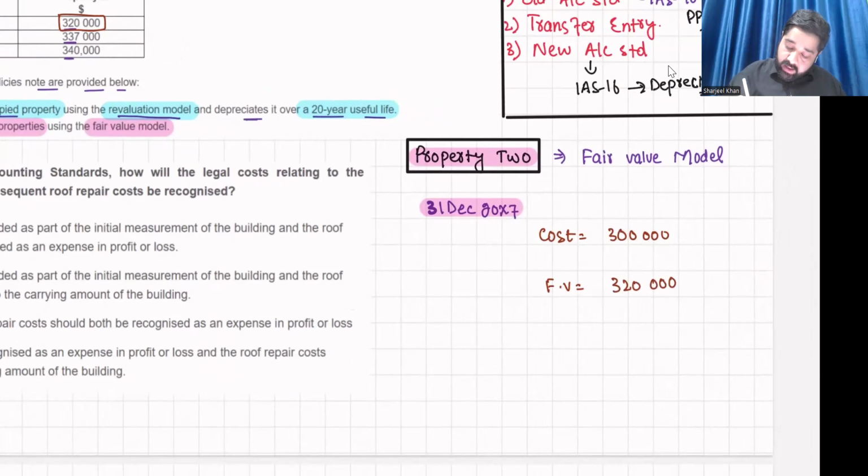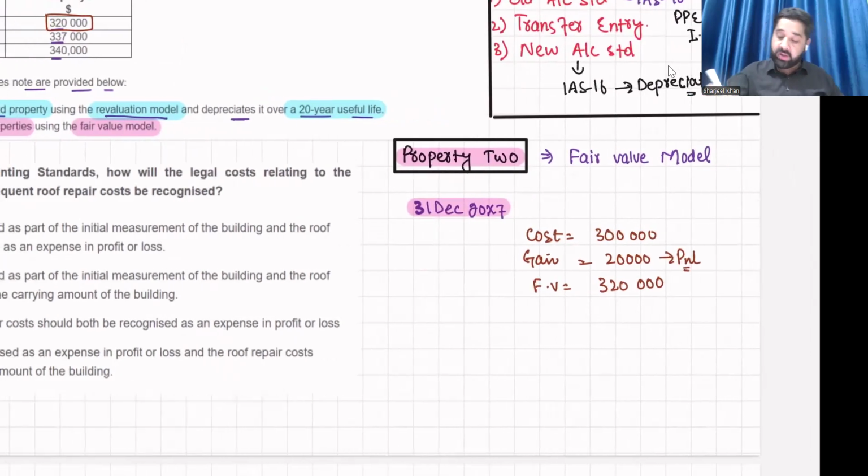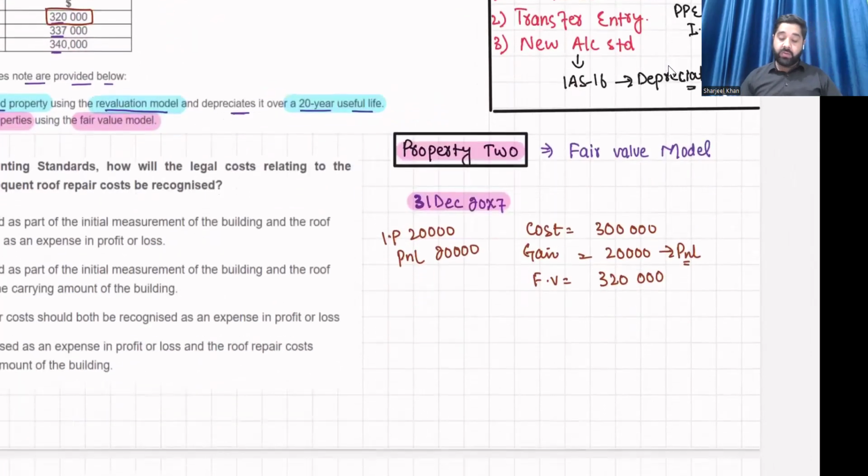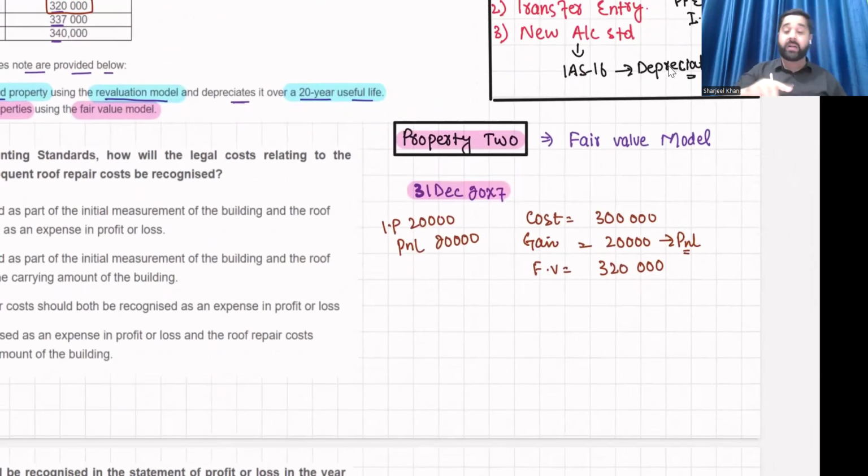So there is a gain of 20,000, and this gain should be taken to profit or loss. And if you want to do the double entry, investment property debit 20,000 and profit or loss credit 20,000. Right? Now, if I do working for